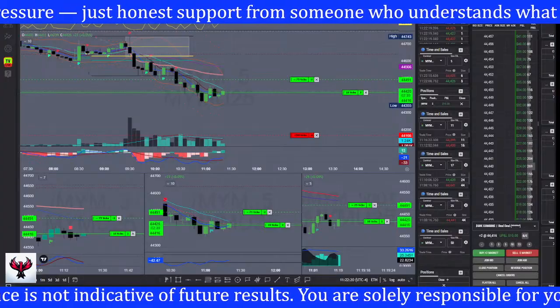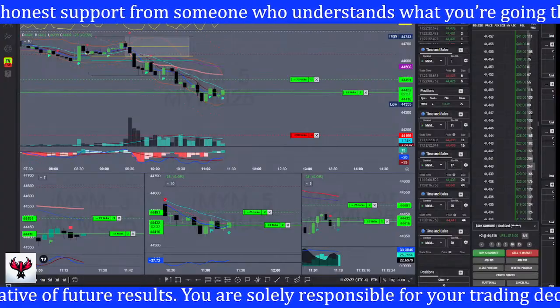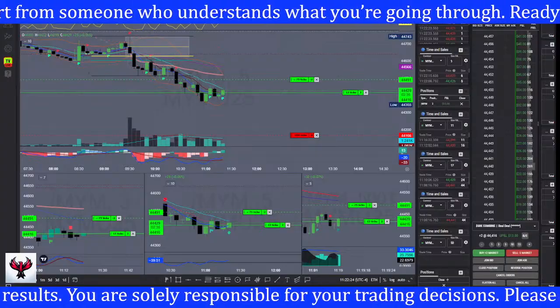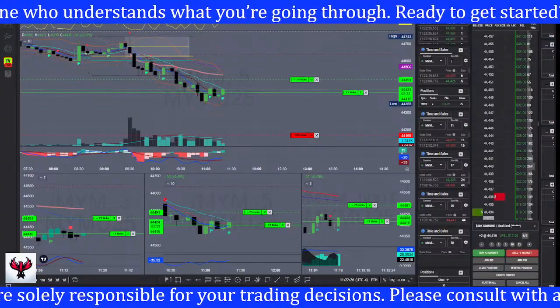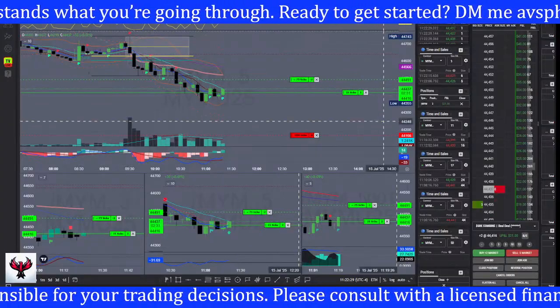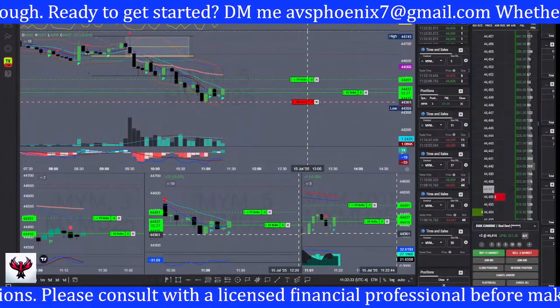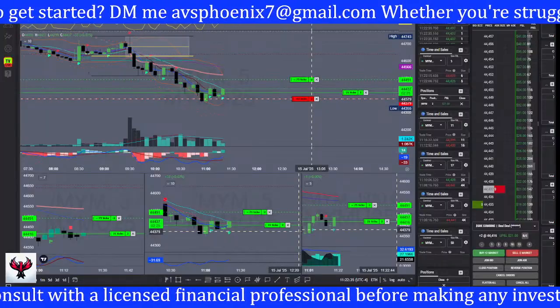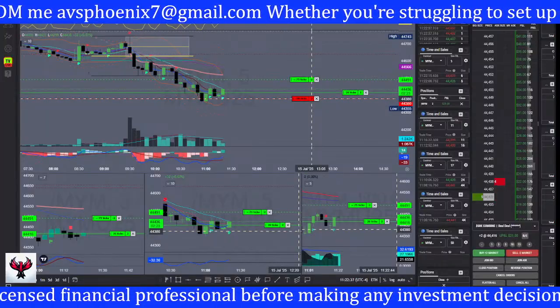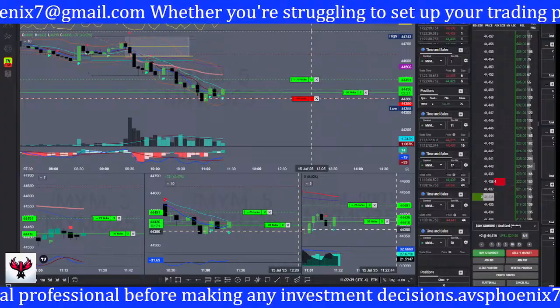I love that. Hey, we got some more buying coming in here in the NASDAQ, Michael. But we all get into this to make money. Let's not beat around the bush. We all get into trading to make money. It's the easiest way to make a hard buck, the hardest way to make an easy dollar. That's what we get into this thing for. The hardest way to make the easiest money. Correct.